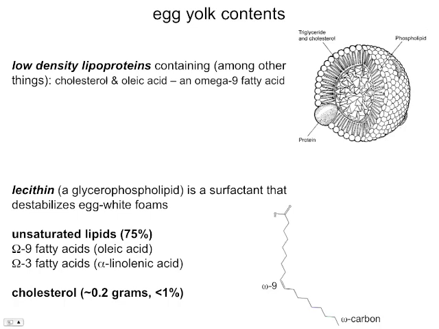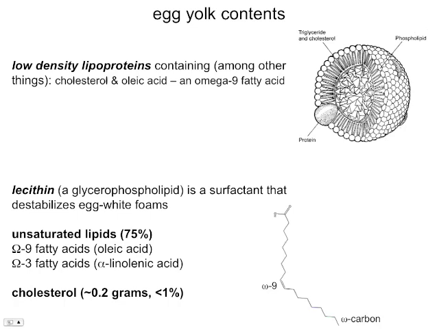So lecithin is another component of egg yolk, and let me make a distinction. Lecithin, used one way, describes a certain complex mixture that can be extracted from egg yolks. So it's a general term for something that's not very simple. But lecithin also refers to a particular kind of glycerophospholipid. In any case, lecithin, the glycerophospholipid, is present in high concentrations in egg yolk, and again, really important for the